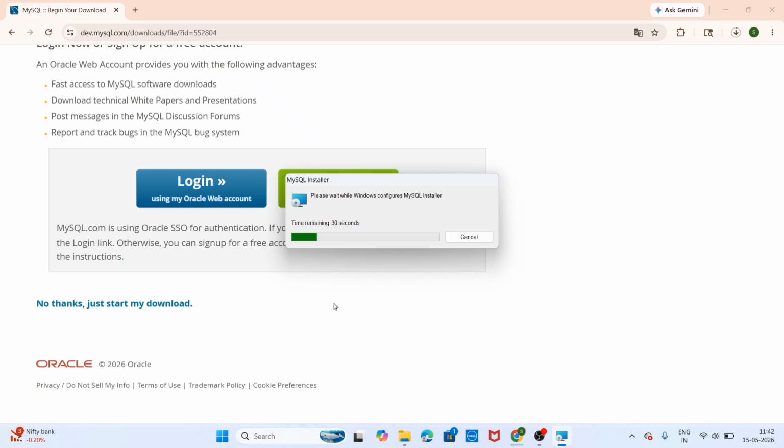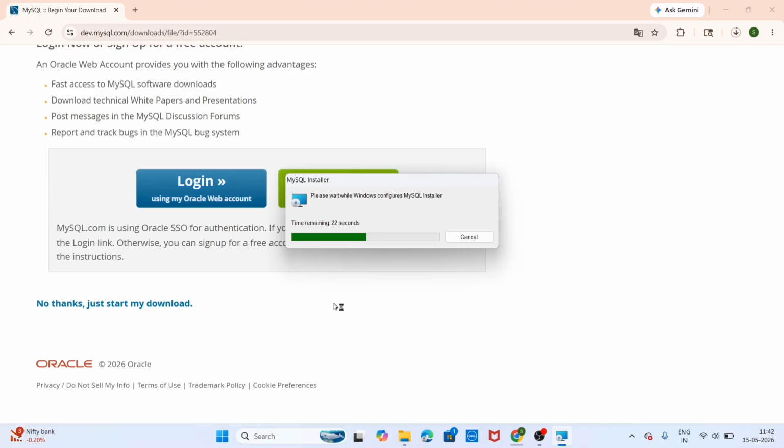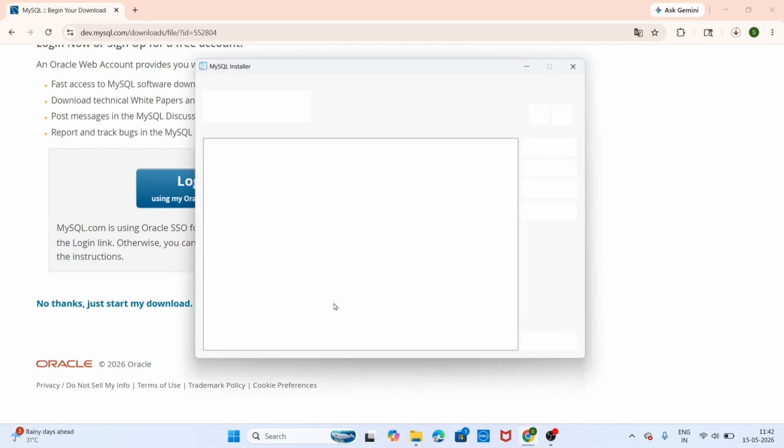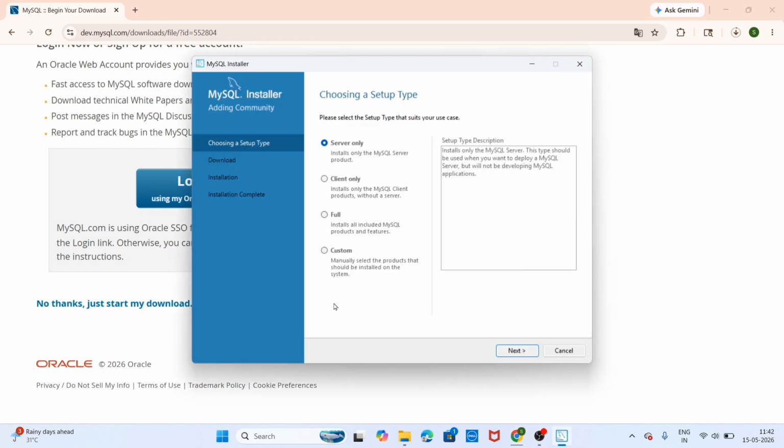We'll wait for it to download. Yeah, is this visible? Yes, choosing a setup type.